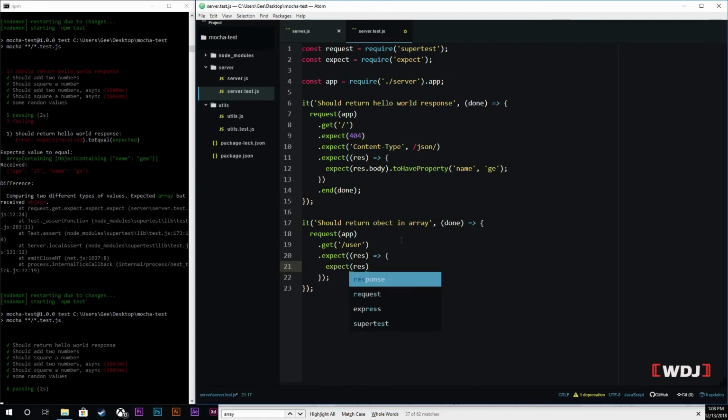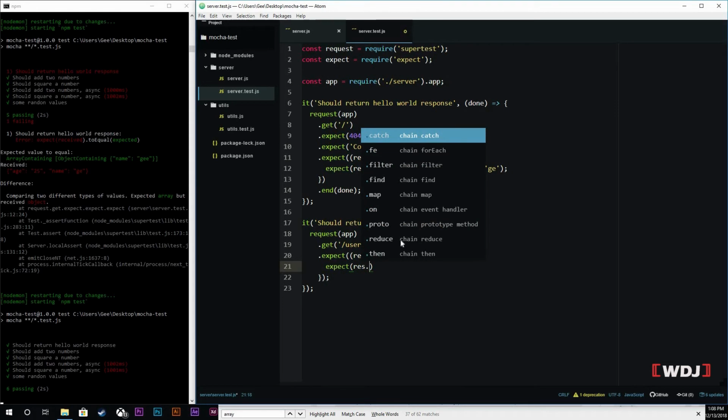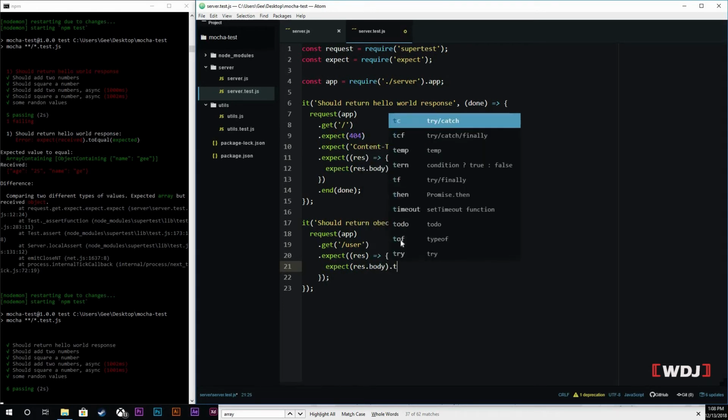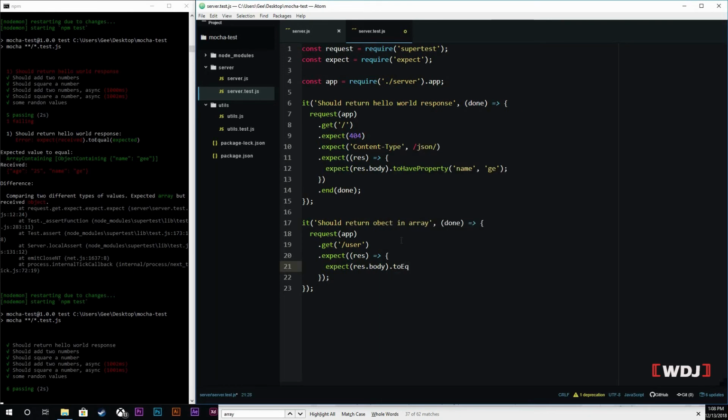Expect res dot body dot to equal. And in here, we're going to just open that up. And we want it to equal an array. So we're going to do expect dot array containing, and